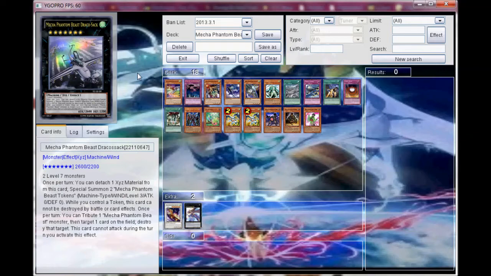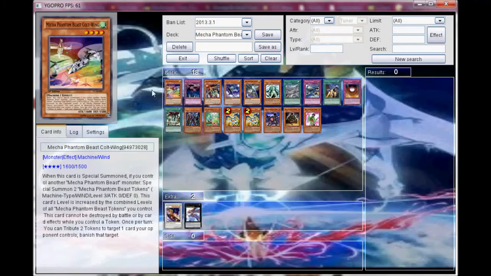But let's get started. The first card I want to talk about is Colt Wing. Mecha Phantom Beast Colt Wing. When it's special summoned, you get 2 tokens if you control a Mecha Phantom Beast monster, and then you tribute 2 tokens to banish a card on the field. So this is Mecha Phantom Beast's form of monster removal other than Draco Sack, and this card banishes cards, so he's really good in combination with things like Call of the Haunted, Scramble, anything that special summons, especially the